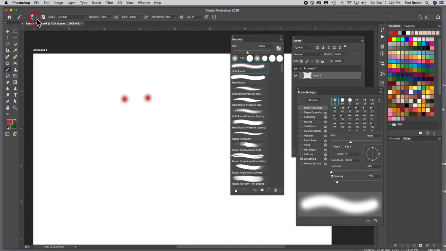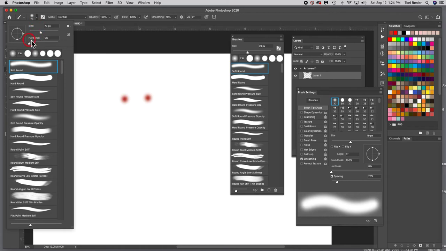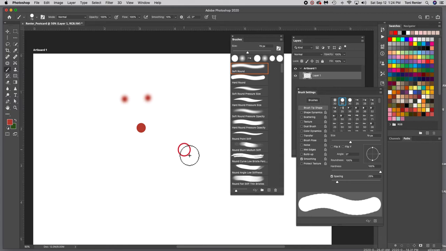So the more the smoothing and the less the hardness, the more of this blurred edge and feathering that you're going to get on the brush. If I crank this up to 100% hardness, you'll see down here already, it's showing you what that's going to look like. And then when I click here, you'll see that there is my brush, nice and hard. It's the same size as these up here. It's just because it doesn't have the smoothing on it and it's not feathered, because I have it at 100%